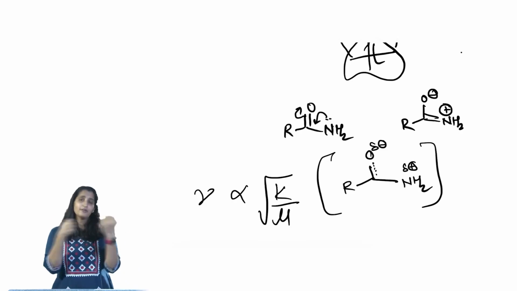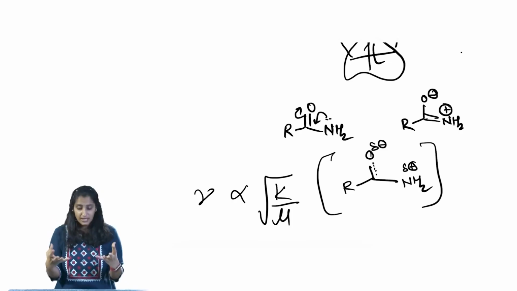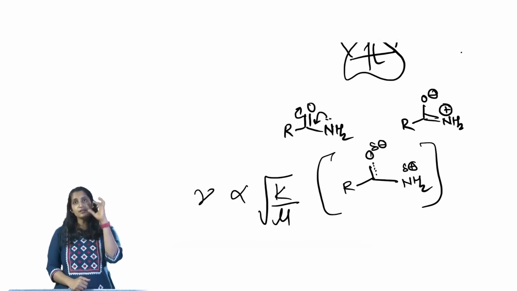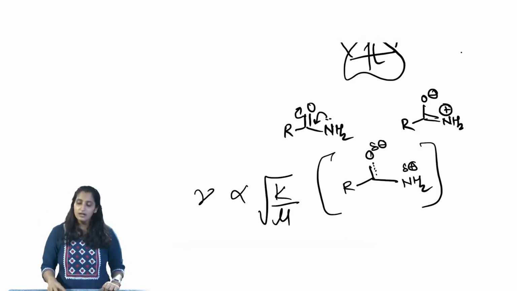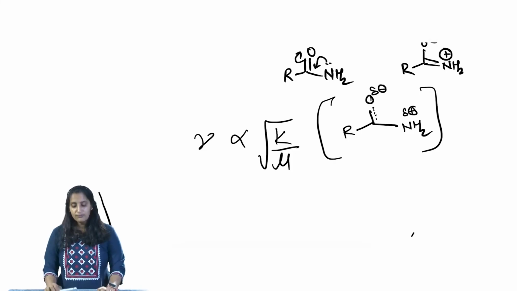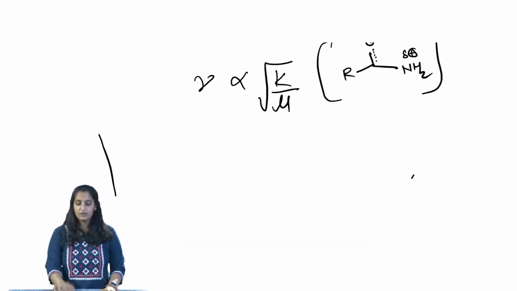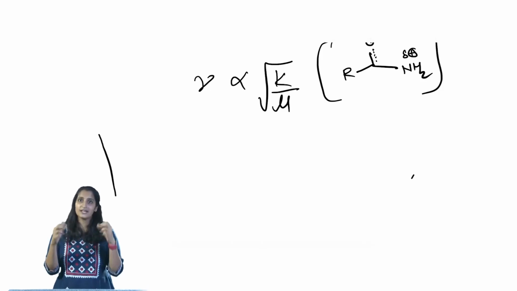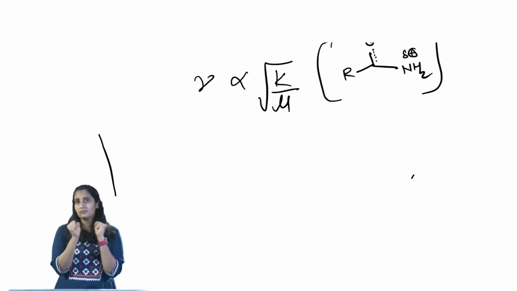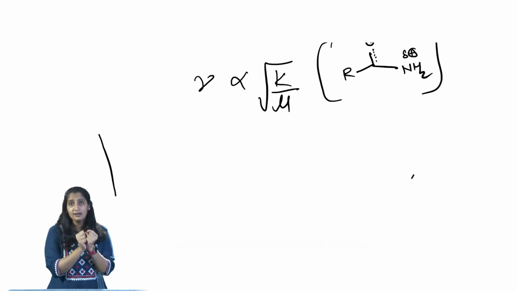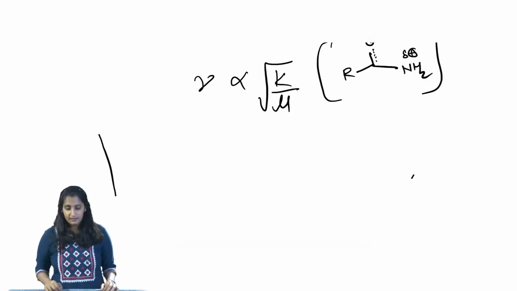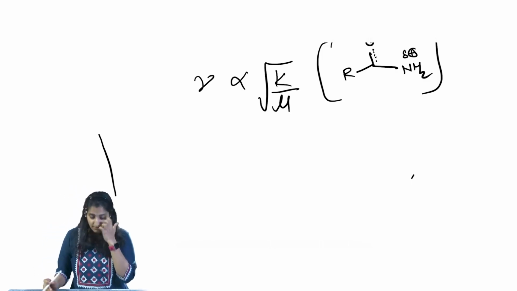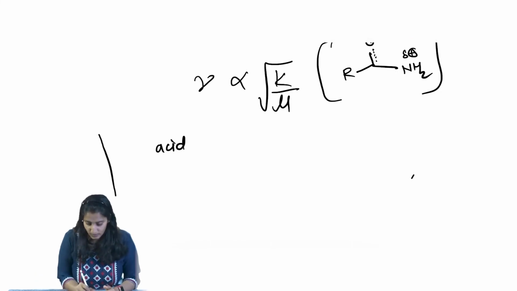So, we imagine different bonds to be like a spring, with k being the spring constant, that is how strong or weak the bonds are, and mu is the reduced mass. Now, if we compare this, the bonds that are really strong and intact, the ones having more double bond character, are going to have a higher k, and they are going to vibrate at a higher wave number, and that is what in fact we find. Acid chlorides